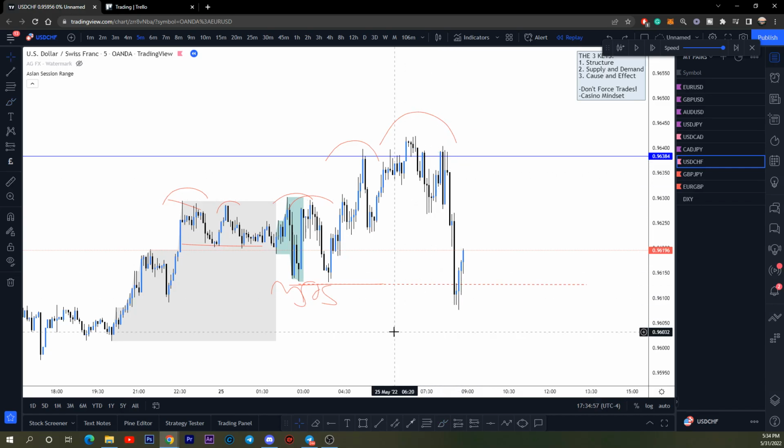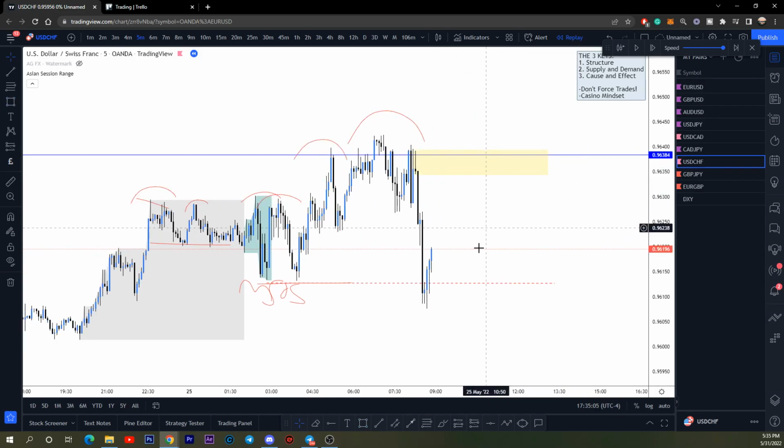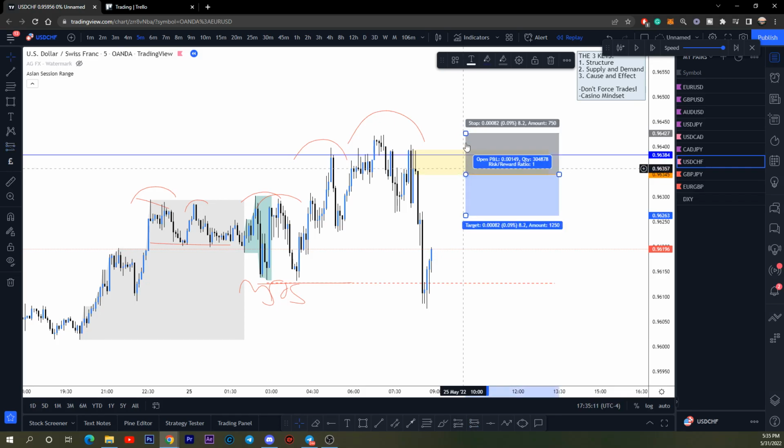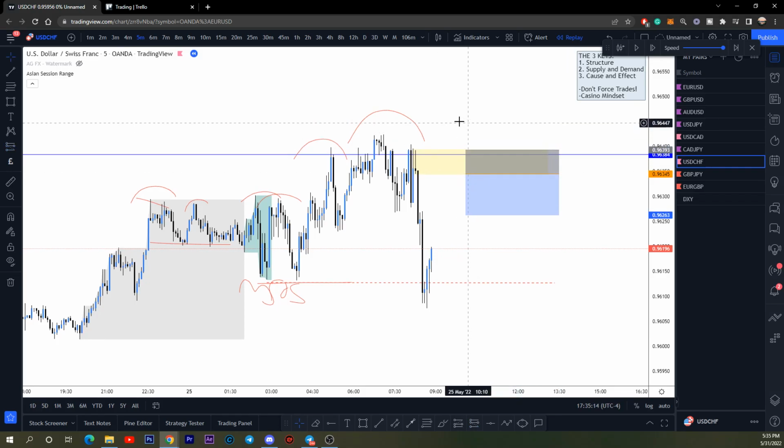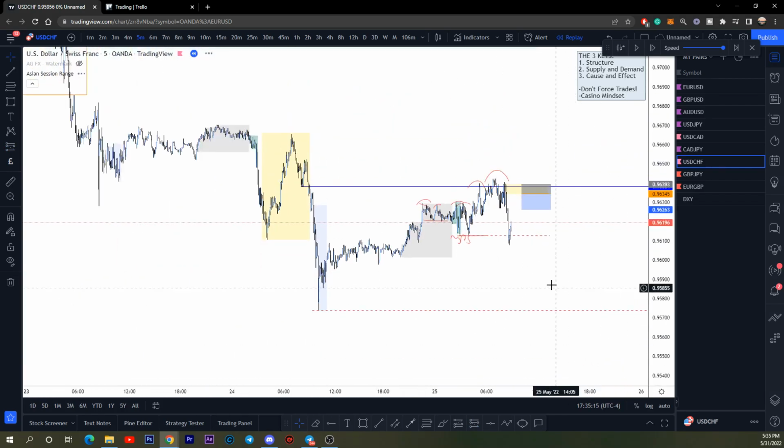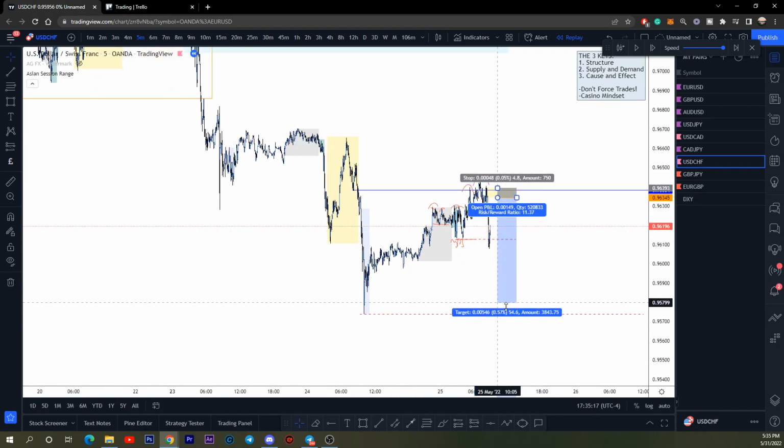So essentially the entry is pretty simple, okay? The entry is going to be what is not mitigated. You can see this doji candle here is not mitigated, so that is where your entry would be. All right, so that is your entry. Where would you target? You're going to target a new low,